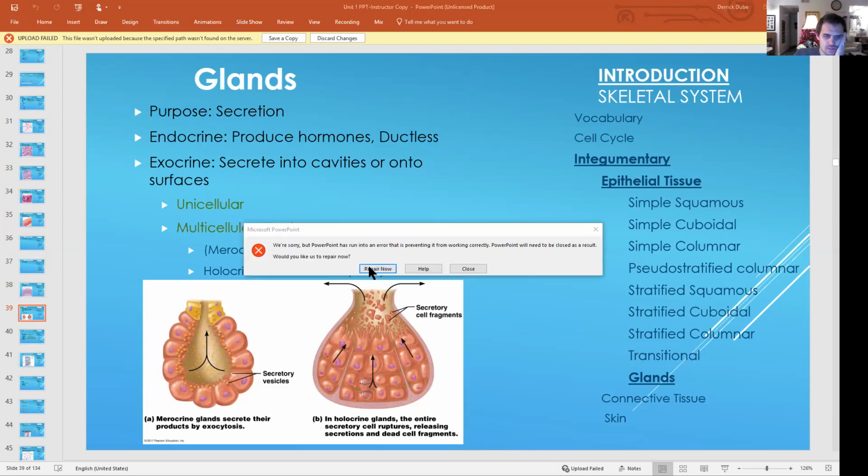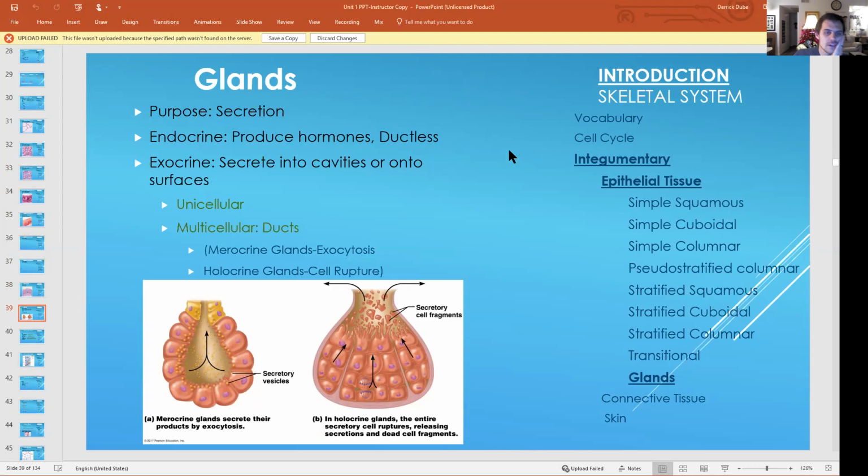All right, glands. How do I want to explain this? All right. So, endocrine glands. These normally are excreting, usually into a blood vessel, like straight into a blood vessel. All right. And then exocrine. Usually these, think of, they're going into some kind of